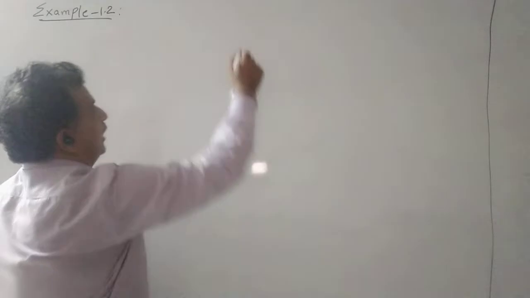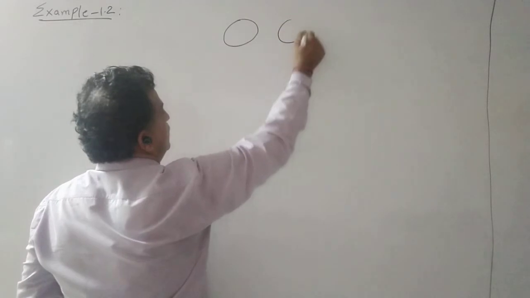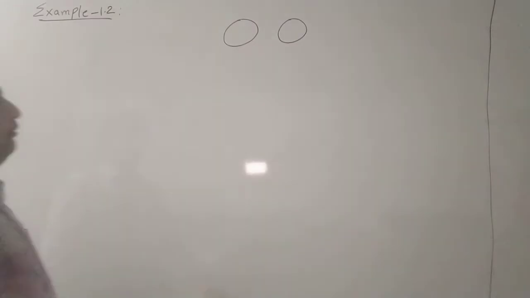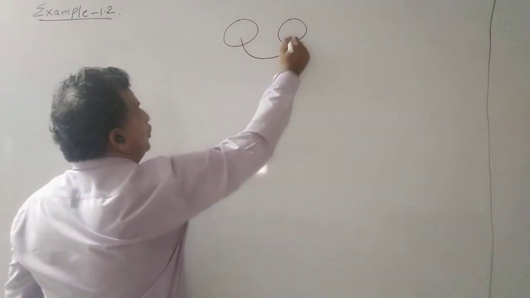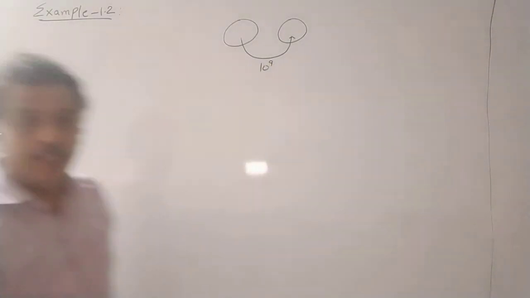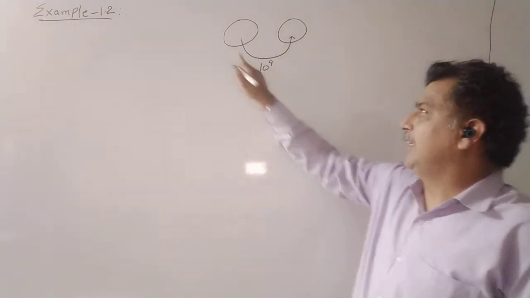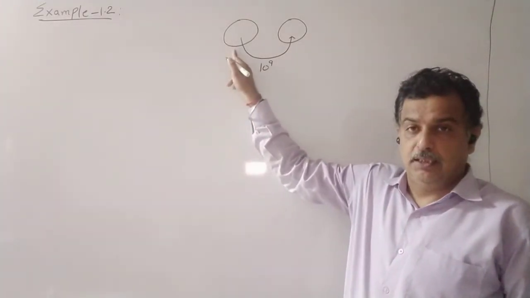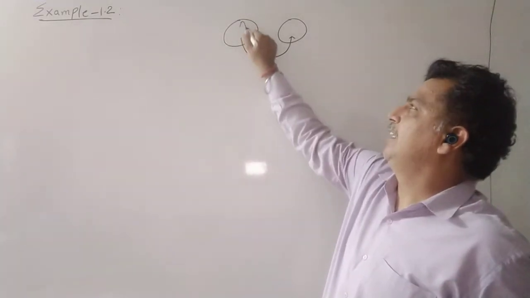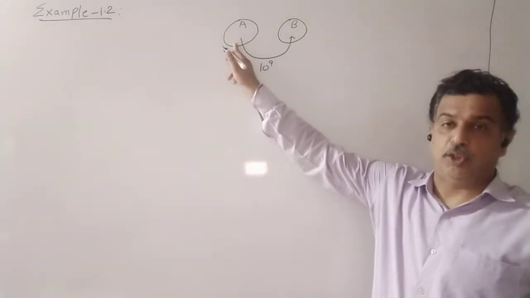Now the first thing, we will try to understand what is given. So let us consider that this is one body and this is another body. It is given that 10 raised to 9 electrons are moving out from it every second. So it is also clear that electrons are leaving this body. So say this is body A and this is body B. So electrons are moving out from this body.